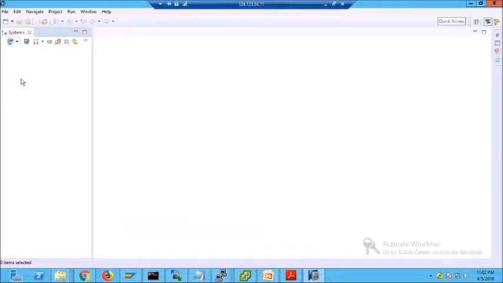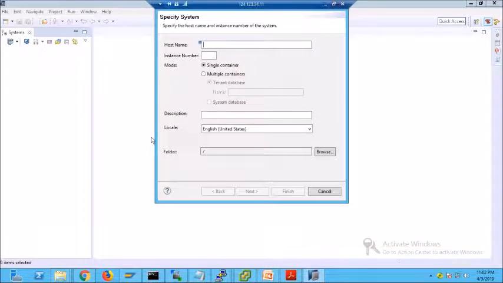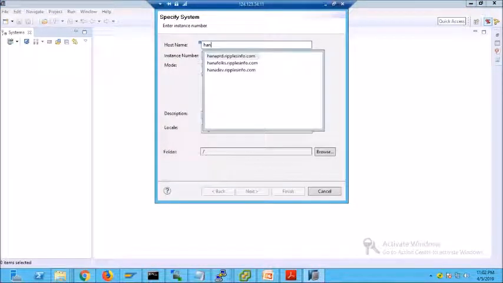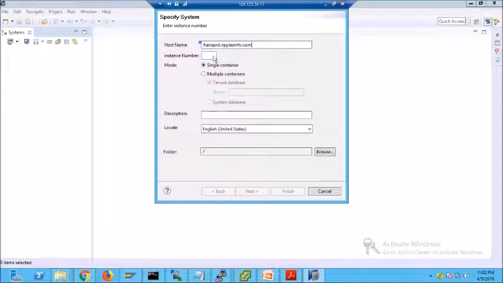System button. Otherwise, in this area, you can just go to the context menu and click on Add System. Here it will ask you to provide the details. So specify those details: host name, instance number,